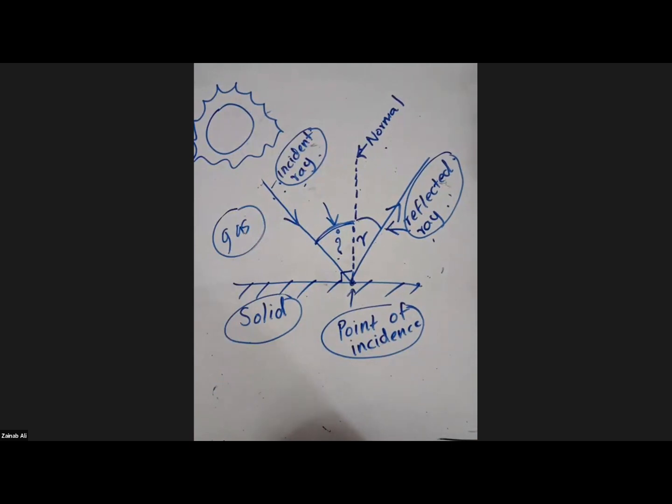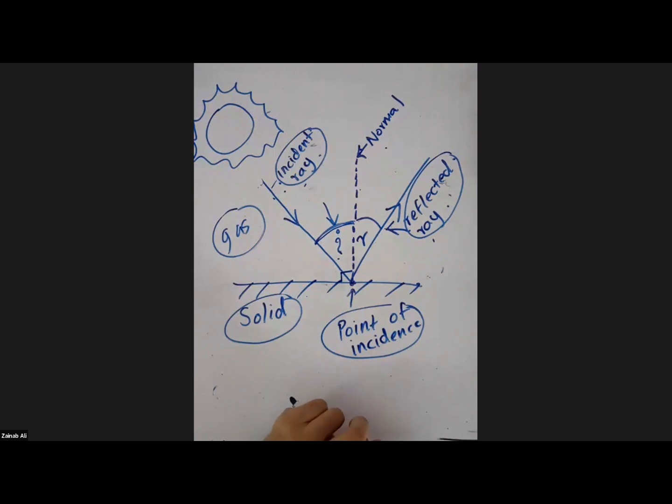So let's ask someone. The students who would like to answer, you can raise your hand so that I can appoint you. Okay, let's give a chance to Rahma. Rahma, can you tell me what is known as the incident ray? The ray that falls on the mirror. Very good. The ray that comes and falls on the mirror is called the incident ray.